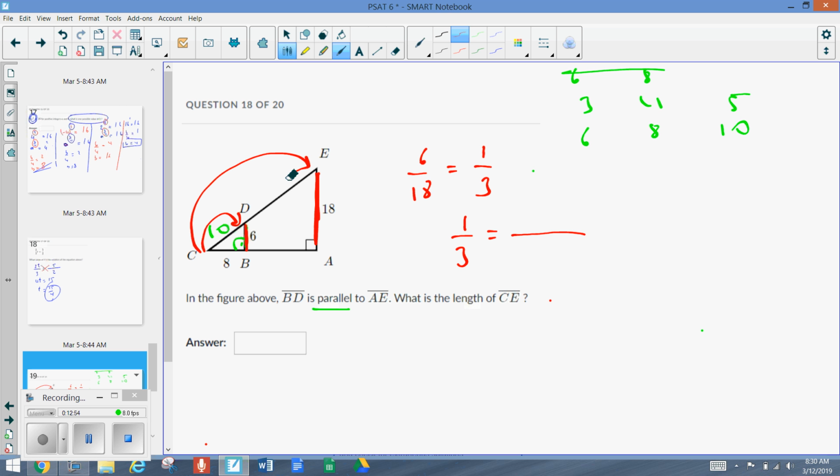If there's a ratio, that means in a triangle, part over whole. Now, 6 over 18 is equal to 10 over the whole, 10 over CE. That is the question, right? So, what is CE? When you do cross multiplication,